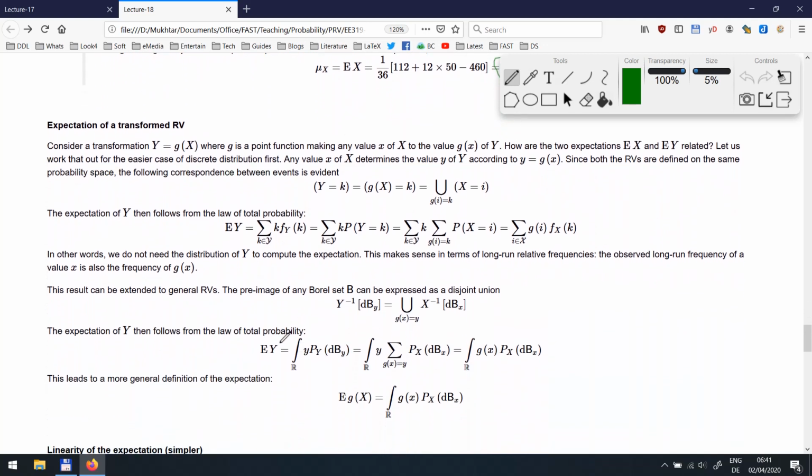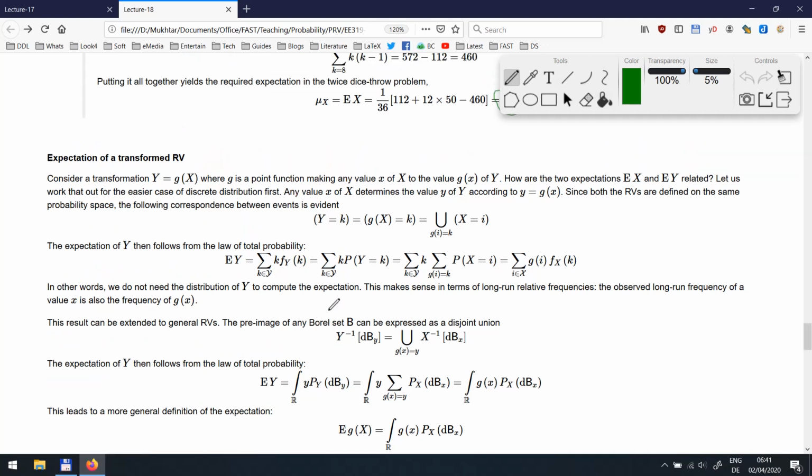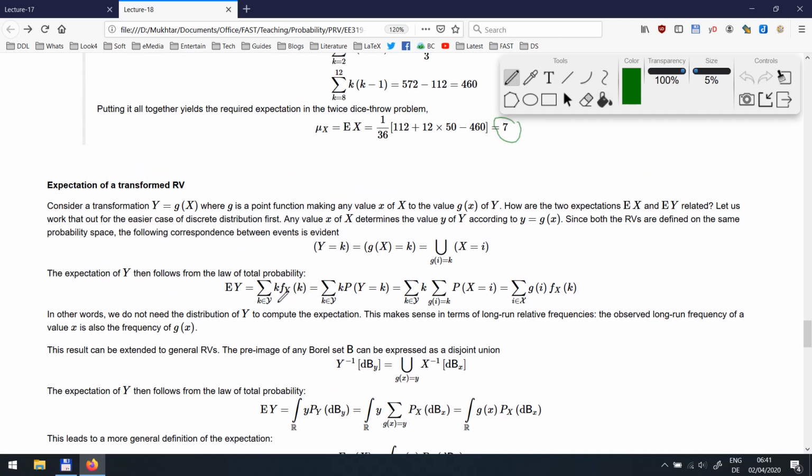The next topic, I will not start this now, but just prepare you for that. You remember we dealt with transformations. We deal with a standard random variable and we apply some transformation, a point function, to derive another random variable. Naturally, we would like to have a formula for the expectation of a transformed random variable. So this will be the topic of our